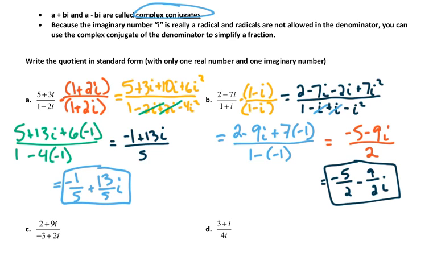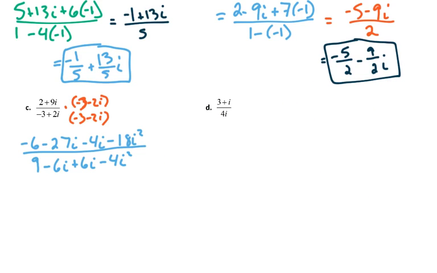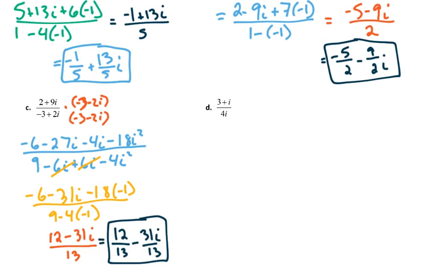I want you to try problem C now. Problem D has a little bit of a twist in that there's no addition or subtraction in the denominator. So if all we need to do is get rid of the i in the denominator, we can multiply by i over i, and that will work out for us. So if I multiply by i in the top, I'm going to get a 3i plus i squared, and in the bottom we'll get 4i squared. Remember, i squared is your negative 1, so that is no longer an i. That's going to just be a negative 1. So we'll replace all of our i squareds with negative 1s